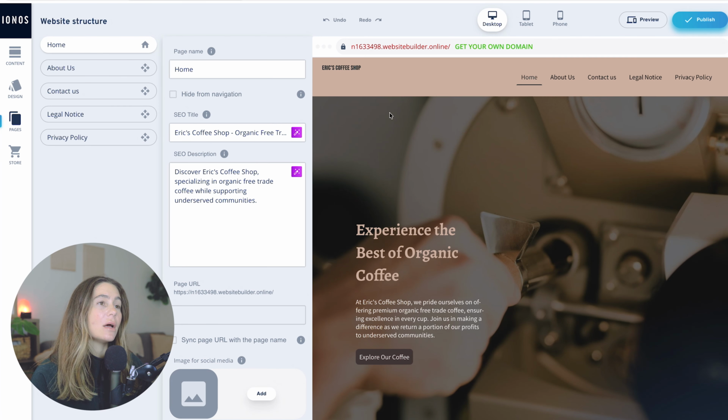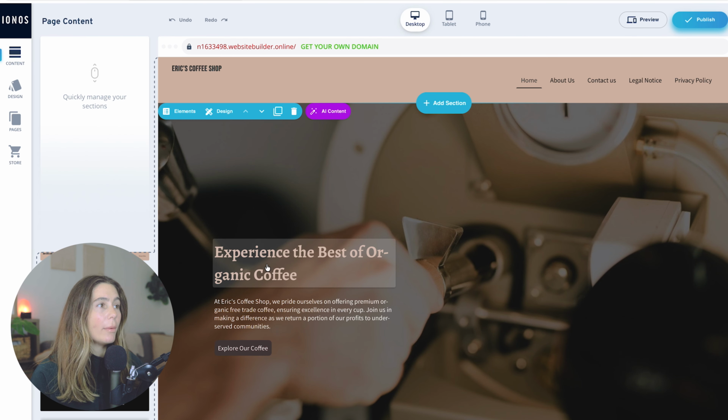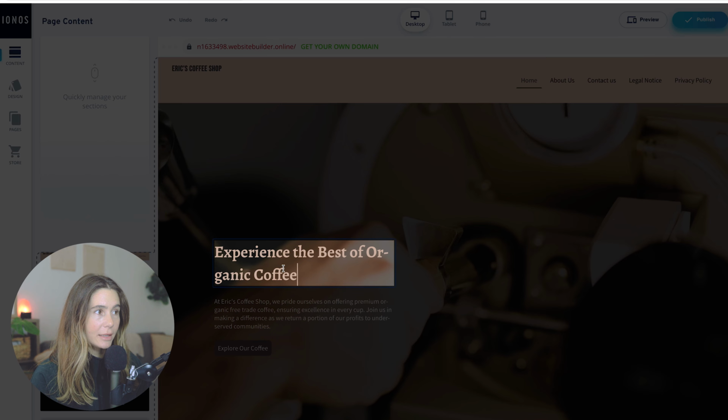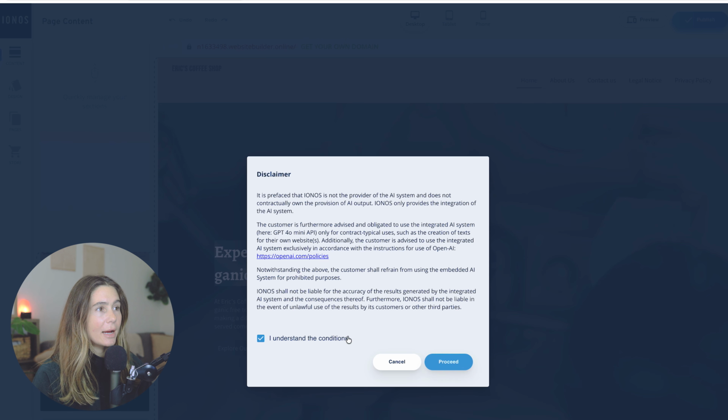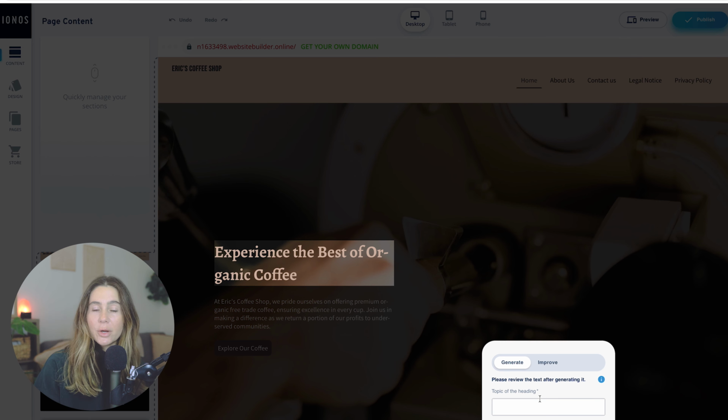As you can see, it's got pictures in there, it's got copy, it's got titles, headlines, you've even got all of these different pages over here. What's cool about the AI, obviously, is that it gives you a starting point, right? If you want to come in here and manually edit stuff, you can. But again, what's really great about their AI is you can use AI within an already AI created website builder,